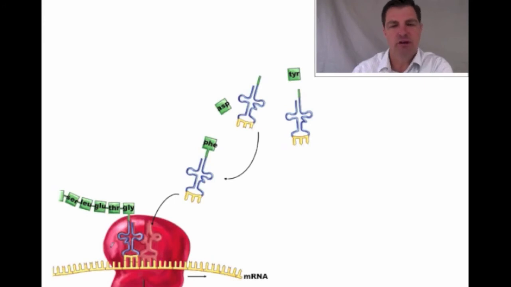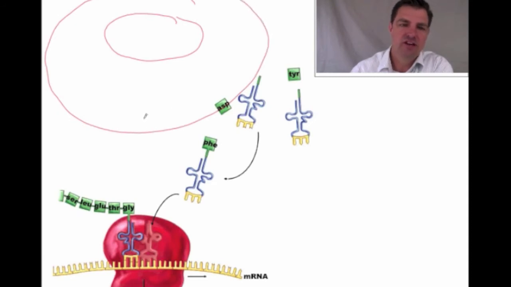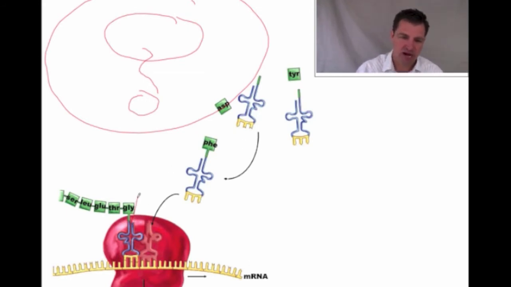Here's my mRNA. So I build my mRNA, and that happens in the nucleus. So here's my cell, there's my nucleus, and I build my mRNA in there. And then that mRNA comes out of the nucleus, and it's going to be read by ribosomes, and that's what you see here. So what's going to happen is, here's my mRNA, and I have 2 spots on this one. I'll show you a third one in a minute. But we have my P site and my A site. So what happens is, the tRNA comes into the P site, and the anticodon binds to the codon. So again, those are opposite. So that's in my P site, and then my A site comes in, I do the same thing.